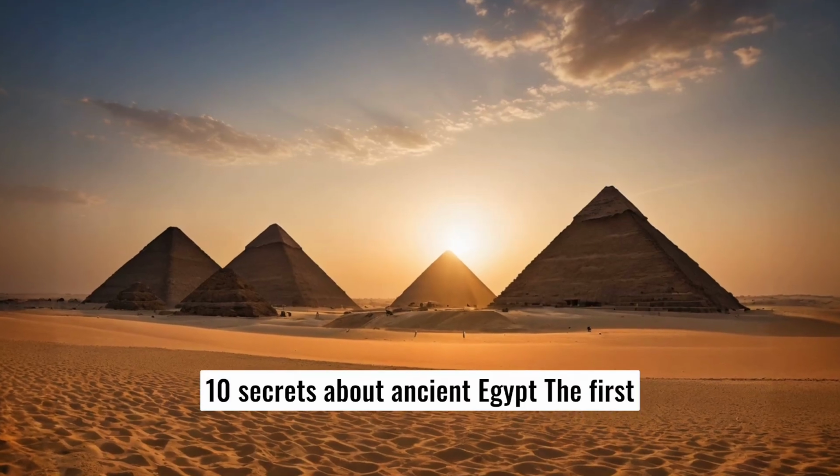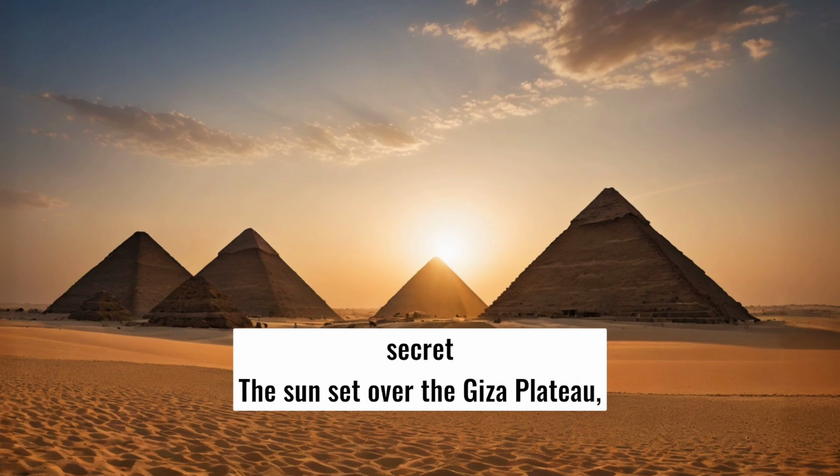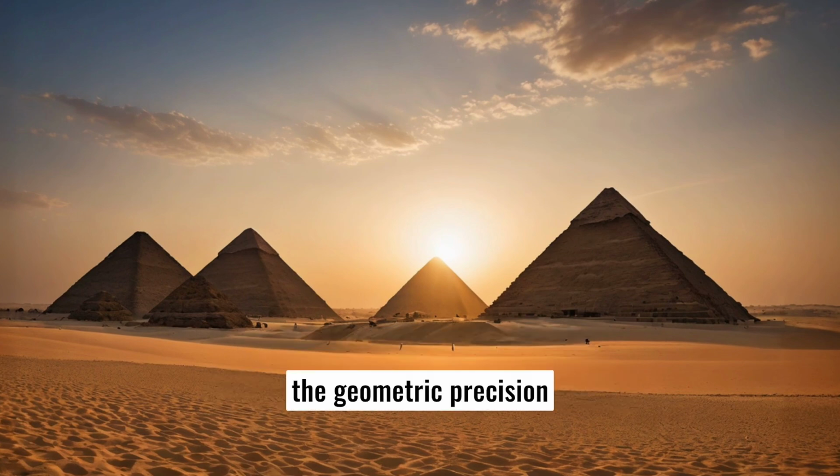10 Secrets About Ancient Egypt. The first secret. The sun set over the Giza Plateau, casting long shadows that accentuated the geometric precision of the